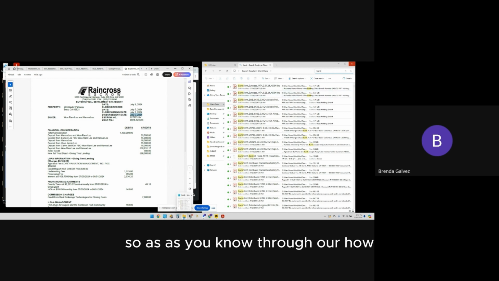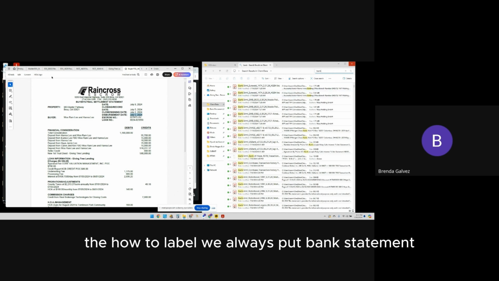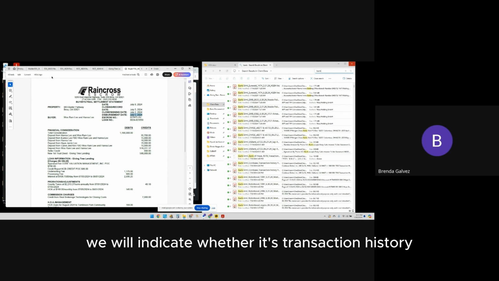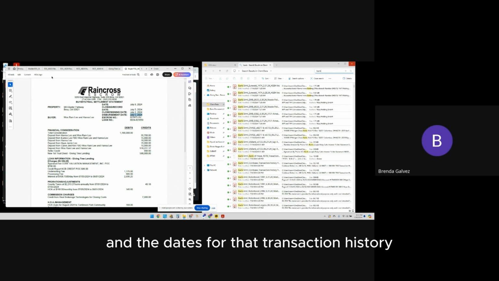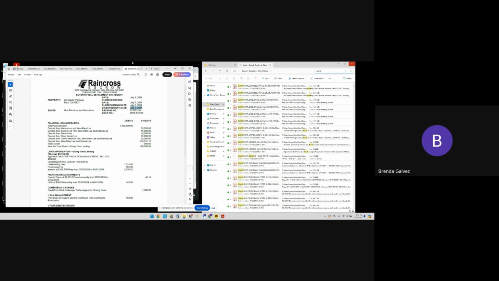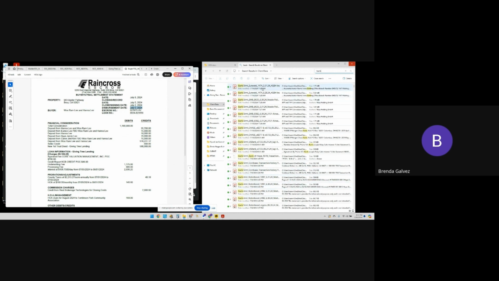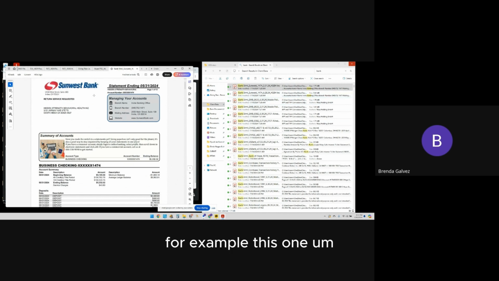So as you know, through our how-to label, we always put bank statement, the bank name, the last 4 digits of the bank account, the last date of the statement, with the borrower's name. If it's a transaction history, we will indicate that it's a transaction history and the dates for it. If it's a 401k, we will put that it's a 401k. So, for example, this one,